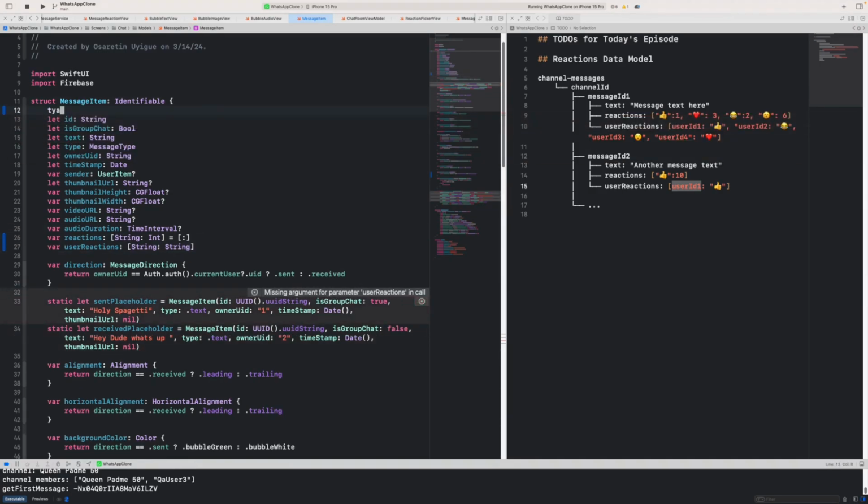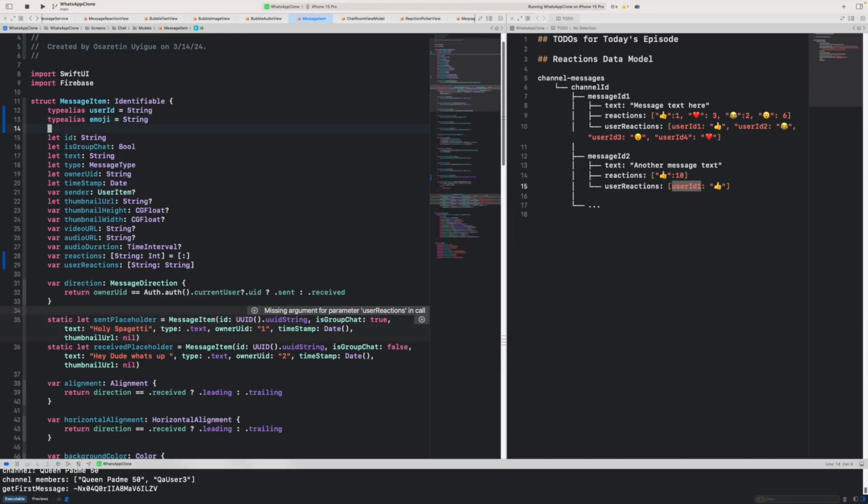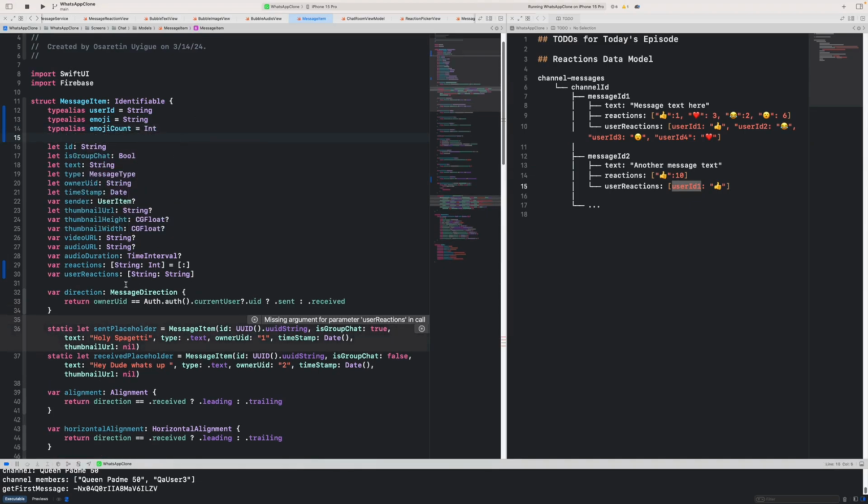I'm going to create a type alias up here. I like to do this sometimes when I'm dealing with key value mappings. So I'm going to say user ID is a string, and then I'm going to create another type alias. I'm going to say emoji is also a string, and I'm going to create another type alias and call this one emoji count, which equals int. So this is the beauty of type aliases. Instead of just saying string directly, I know this is not referring to any string. It's actually referring to the emoji. So I know the key is going to be the emoji and the value is going to be the emoji